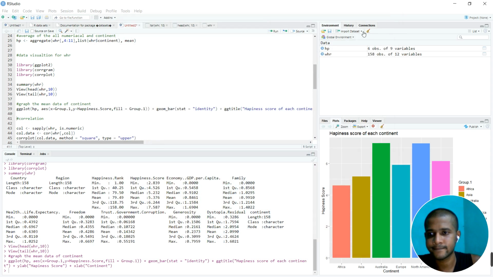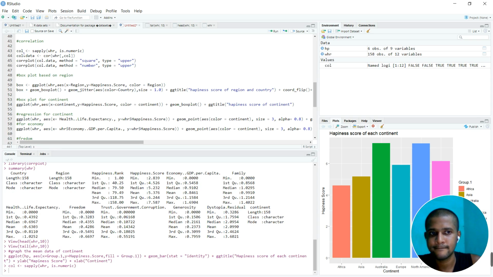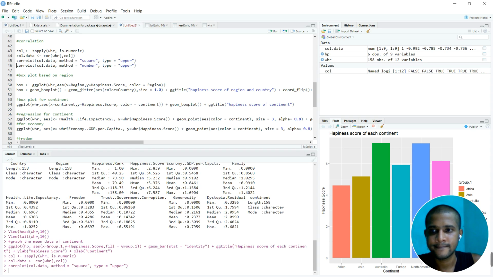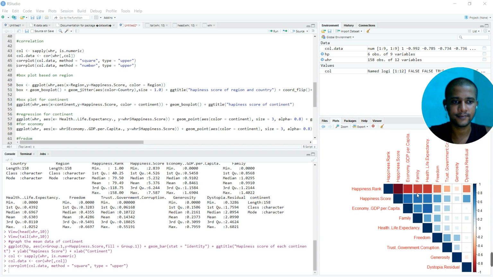Now find out the correlation. So I need to initialize a data known as COL and run. For this, the value for correlation is named logic. Now initialize that function, then plot that function with CorrelPlot. Let's see. If you want, this is the square of this value. You can see this is the correlation between all these